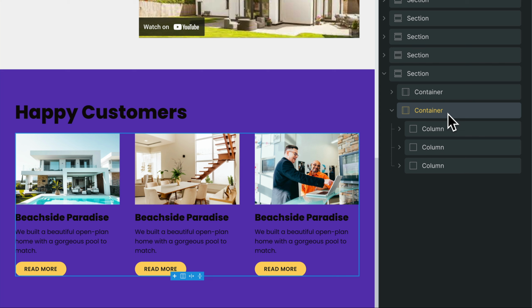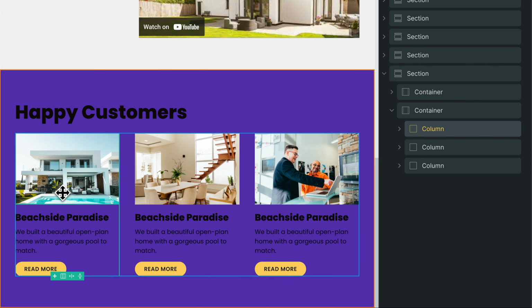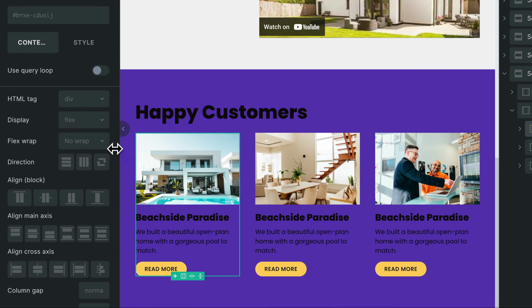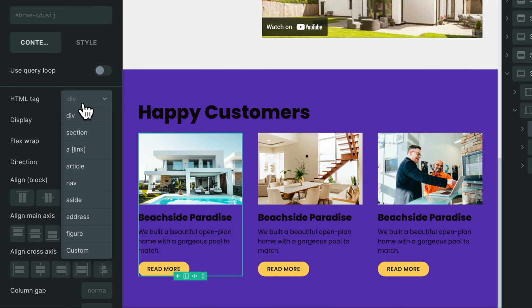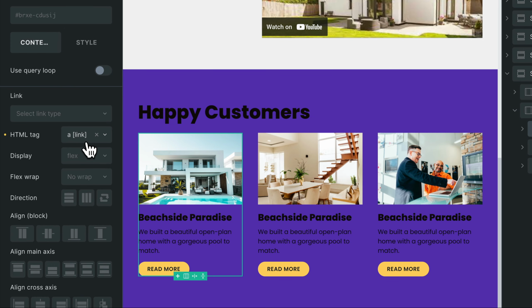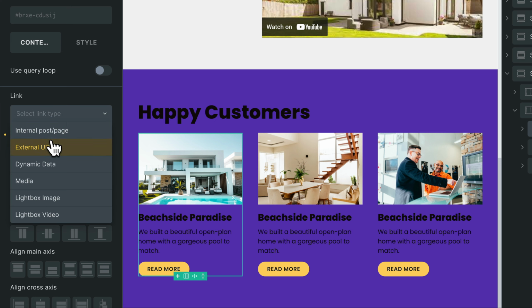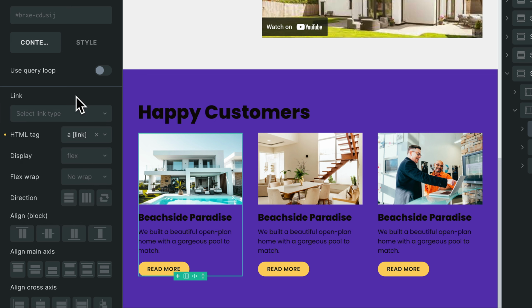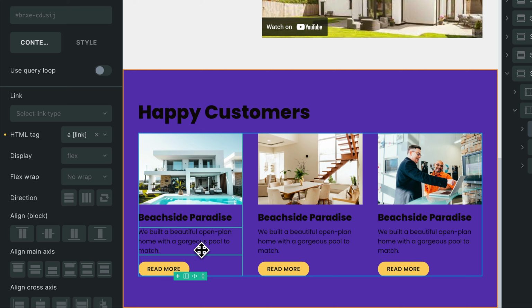Also, if you're wondering if it's possible to make the entire column clickable to one URL, yes it is. Quite easy actually. Select the column, or the block as it really is. Then in the settings, just set the HTML tag to a link. You can then set whatever kind of link you want. Just be aware though that if you do that, you must make sure that none of the individual elements inside the block have links set on them, or you'll make your visitor's computer explode. All right, not really, but it will cause problems with